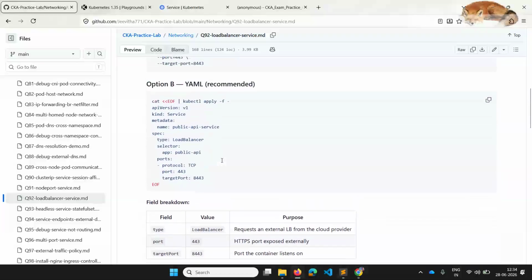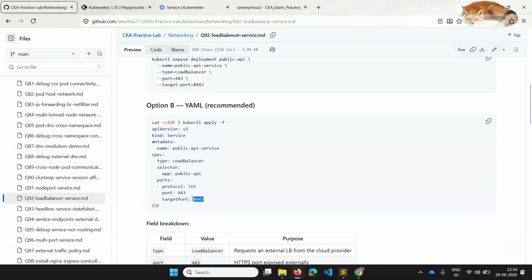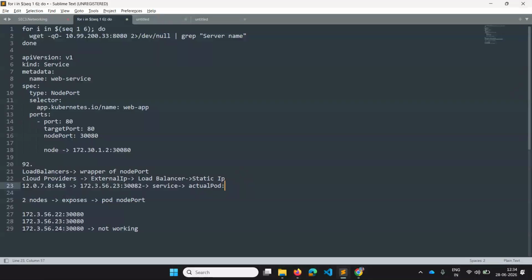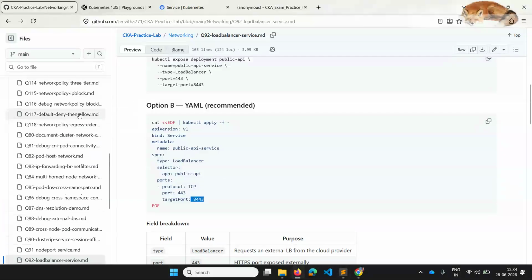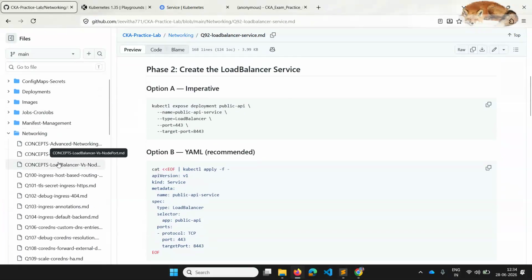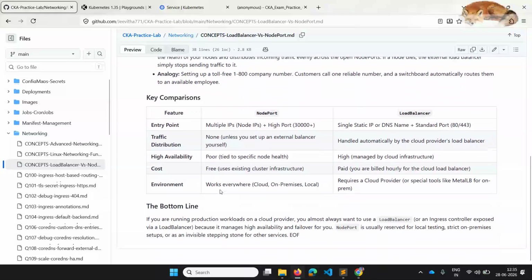Okay, and on that actual pod this port would be open. That's how it works.